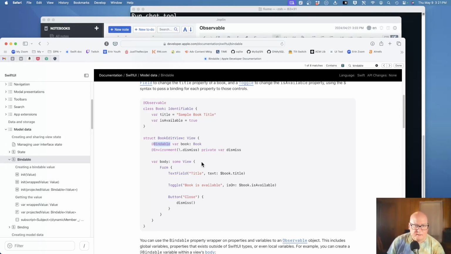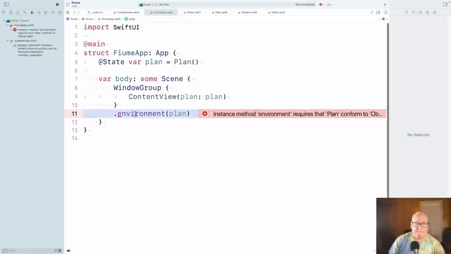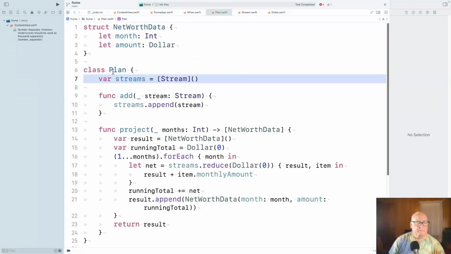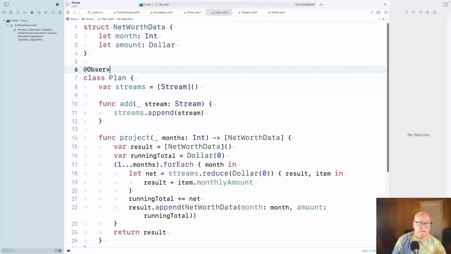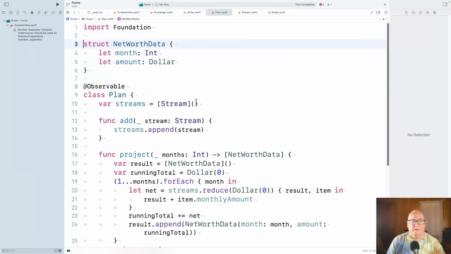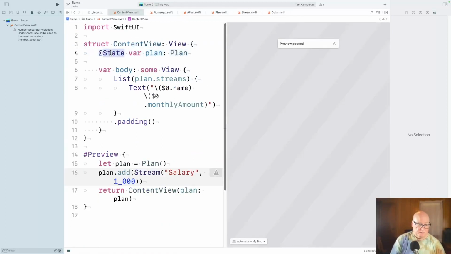Yeah, I think so. This must be observable. And then, where's that? Import foundation. Okay, so if he's observable, then the content view needs to be bindable.